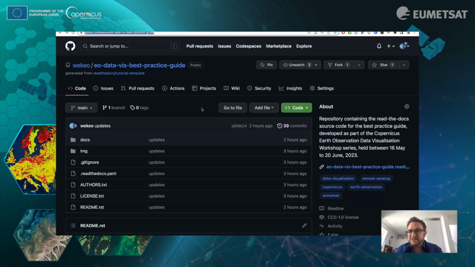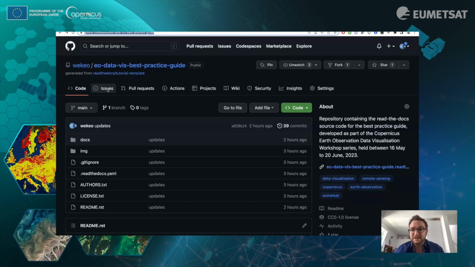Now, there are 2 ways in which you can help contribute once you have a GitHub account. For those who are not experts in using Git, you can click on this button here and raise an issue. If you raise an issue, then you point us to the piece of text, or even better, copy and paste the piece of text that you want to be changed with your suggestion for how to change it. And then we will review that as moderators. Once we've accepted that, we will incorporate that change into the documentation. Let us know who you are, and we'll add you to the contributory authors list as well.